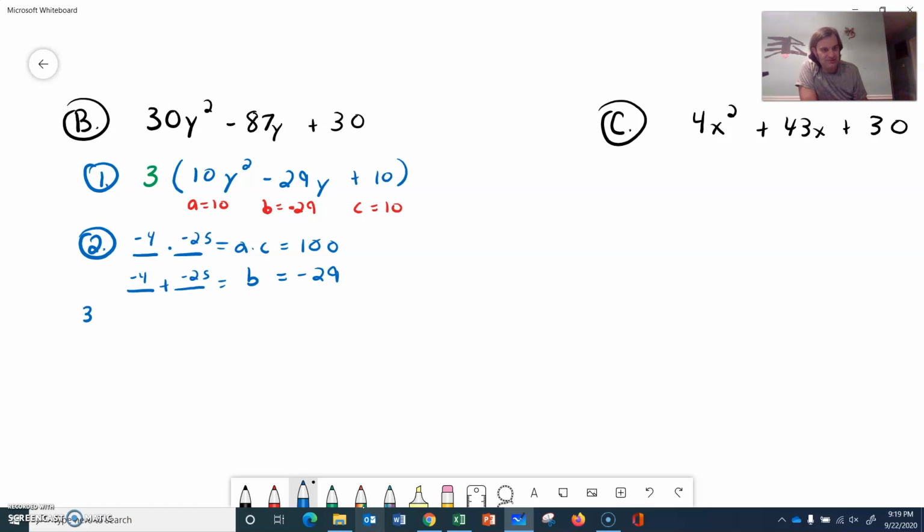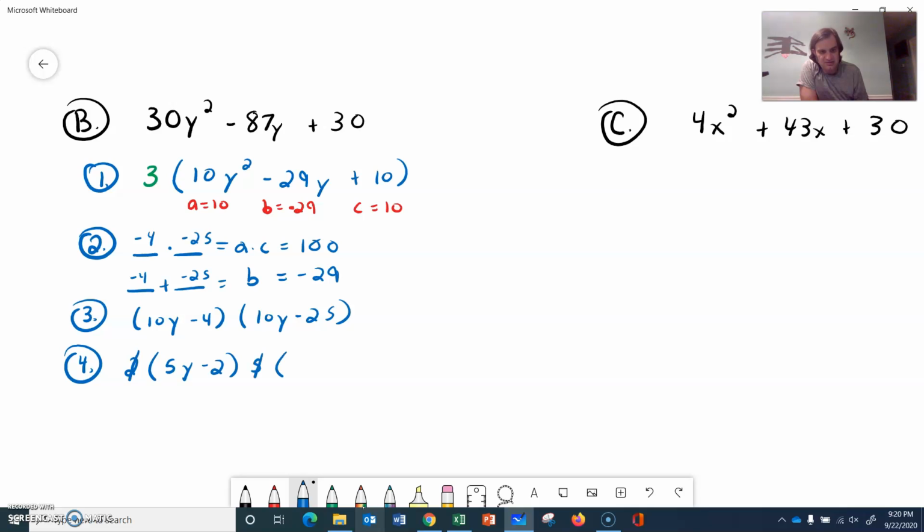So we'll place those into our two factors, leading off with A, which was 10, so 10y minus 4 times 10y minus 25, and then we can pull out anything that's extra there. So 10y minus 4, we can pull a 2 out of there. We're going to throw that 2 away, but it will leave 5y minus 2. And the second term, 10y minus 25, we can pull a 5 out of there to throw away, which will leave 5y minus 5. So we're going to come back down here to the end, and don't forget we pulled a 3 out in the beginning, so that 3 should be there. So we'll have 3